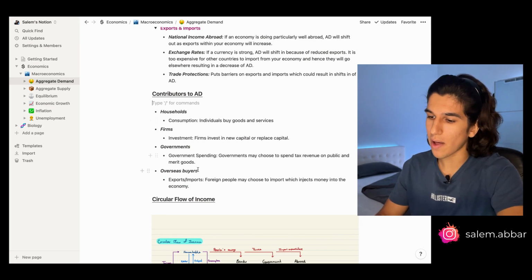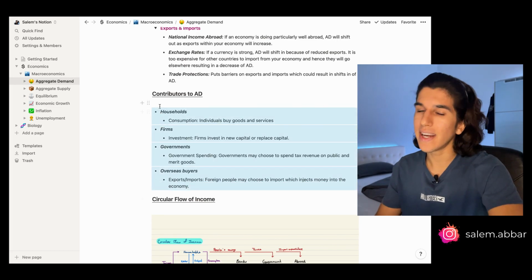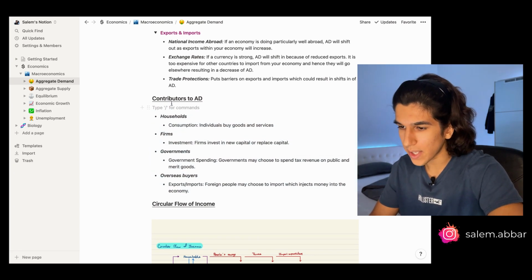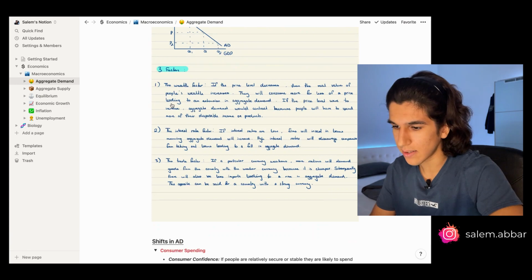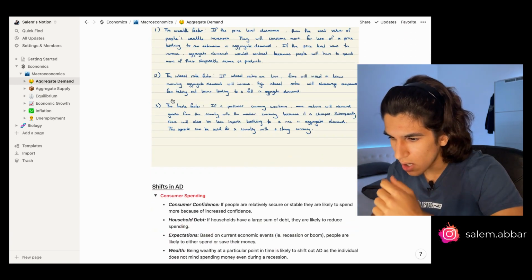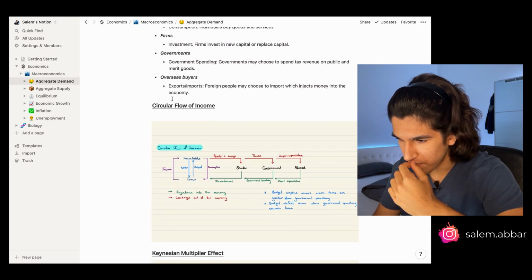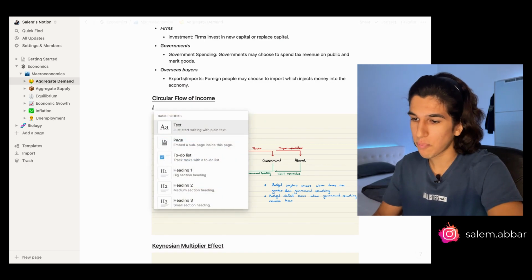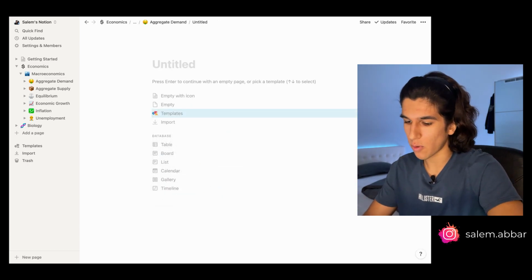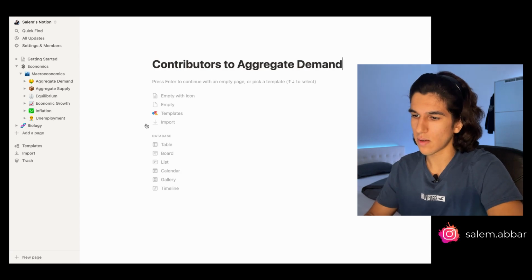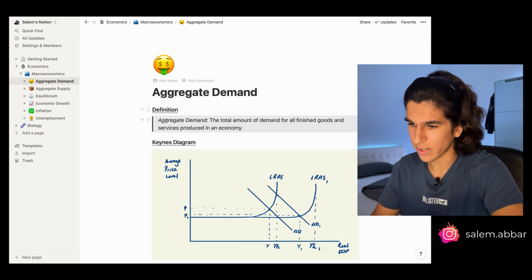So say, for example, I wanted to take all of this and import it into a new page just because I didn't like how it looked and it was a little bit clunky. So instead of naming this contributors to aggregate demand, if we go into something that's similar, for example, let's see where we could fit this in. Circular flow of income. Let's say we wanted to fit it in here. Okay, if we press slash and we press page and we name it contributors, if I could spell, to aggregate demand. Perfect, and we go back to aggregate demand,